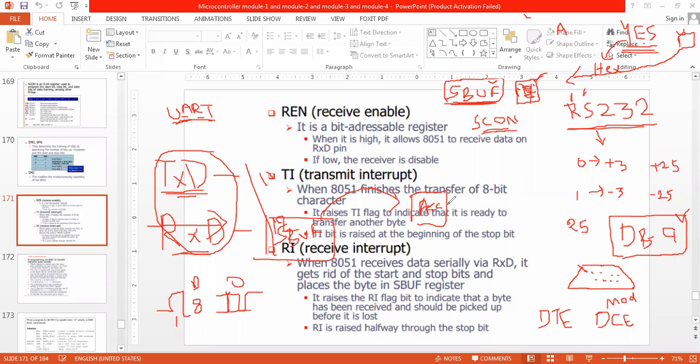We cannot take the data directly into the accumulator. While sending, whatever data is inside the accumulator, we send into SBUF, and through SBUF and the transmission pin, we send the data as output.